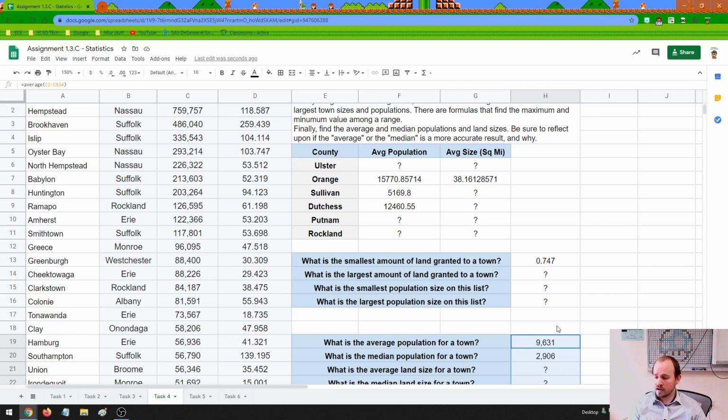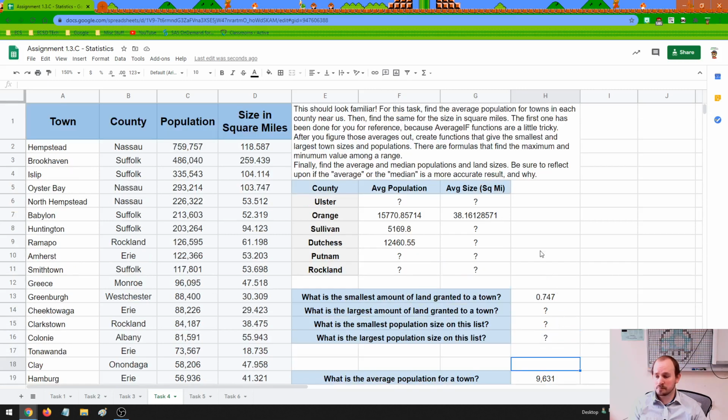In a future assignment, we're actually going to be using these figures that we're getting again, and we're going to be looking at the population or the number of people per square mile. So for example, we have 15,000 people, 38 square miles. You know, there's a density or how tightly packed people are together on the land, and we can figure out which of these counties have the closest living quarters or they're more spread out. And I would say the more open or wide that a county is, probably the fewer people that will live there. So it's definitely something worth considering looking into, and we'll see exactly where this data takes us throughout this